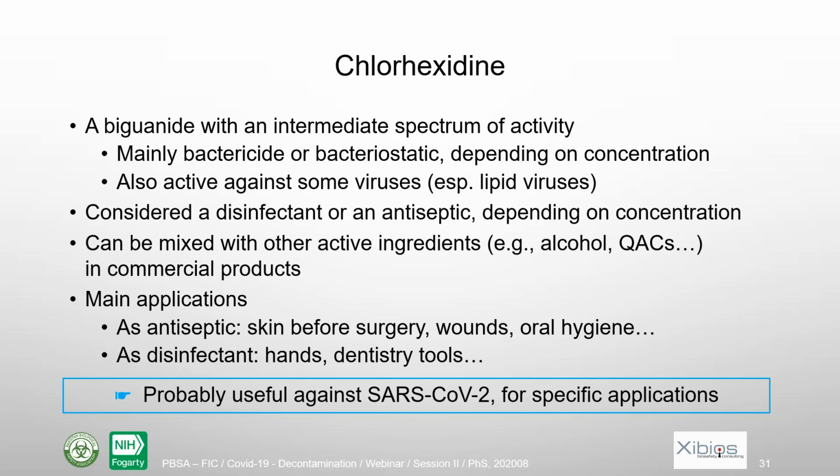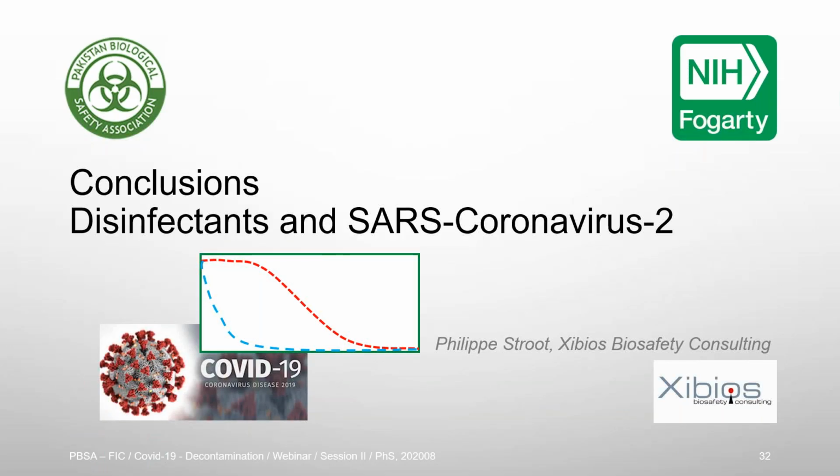फिर हमने एक और डिस्कस किया, क्लोरोहेक्सिडाइन, ये भी एक एंटीसेप्टिक या डिसइंफेक्टेंट कंसिडर किया जाता है, डिपेंडिंग ऑन आप इसे किस कॉन्सेंट्रेशन में इस्तेमाल करें। इसके जो मेन यूज हैं वो हैं स्किन पे, सर्जरी से पहले, अपने जख्म वगैरह के लिए, ओरल हाइजीन के लिए, और एज अ डिसइंफेक्टेंट ये यूज हो सकता है, थोड़ा सा हायर कॉन्सेंट्रेशन देन एंटीसेप्टिक फॉर हाथ धोने के लिए या डेंटिस्ट्री टूल्स साफ करने के लिए।